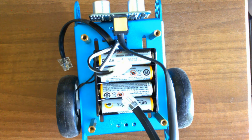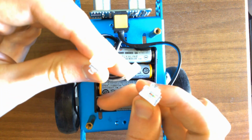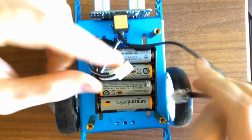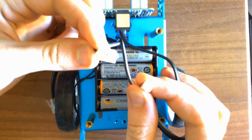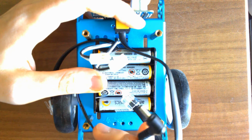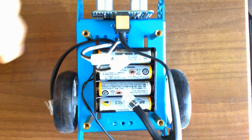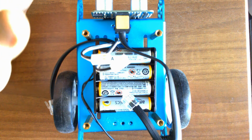Alright, we're going to get to our last step with our mBot, which is perhaps the most difficult. And that's going to be wiring all our different connections. And so we've got two different Ethernet connections here. We've got two JST connections. And then on our batteries, we have our barrel jack connecting our batteries. And so it's a little complicated to figure out how all these go, but we want to make sure we